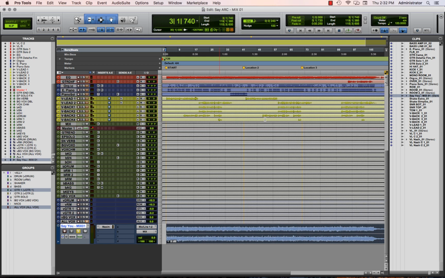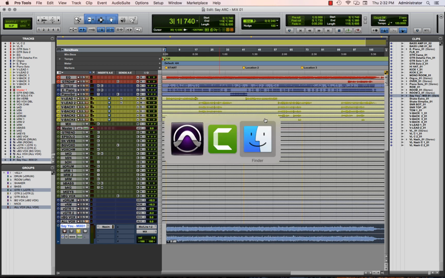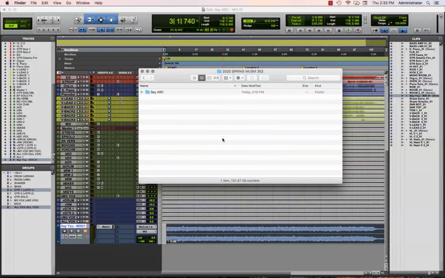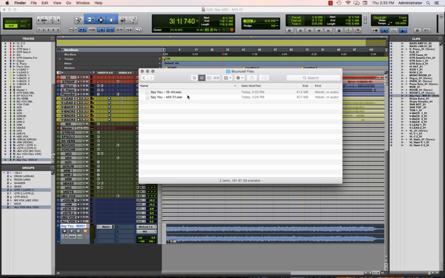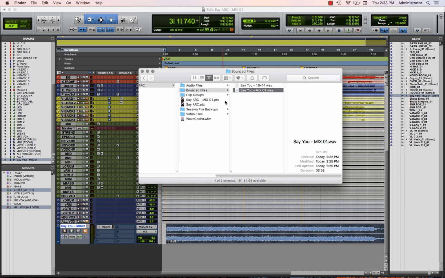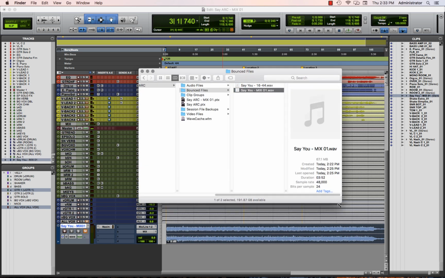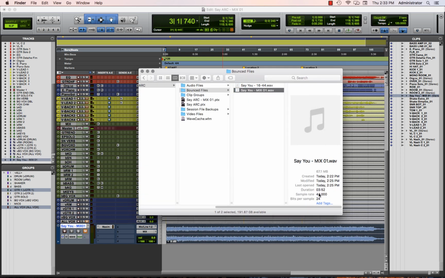Okay, that's all done bouncing. So now let's jump over to the Finder and find our session folder and take a look in our bounced files folder, and there we go. So we have our initial mix that is full 24-bit 48K sample rate. Then we have our 16-bit 44.1 that we can burn to CD,